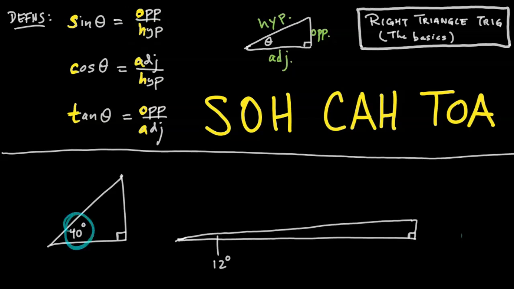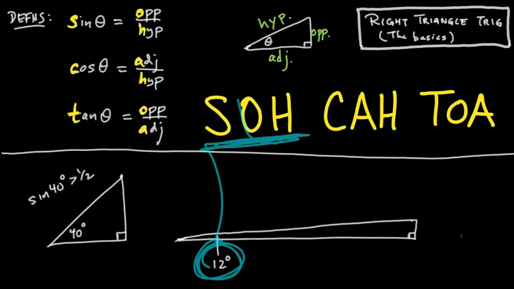So the sine of 40 degrees is the opposite divided by the hypotenuse. What's that ratio going to be? Well, in this case, the opposite looks like maybe it's about a little more than half of the hypotenuse. So based on my extremely bad drawing, I'm at least pretty confident in saying that the sine of 40 degrees is more than a half,